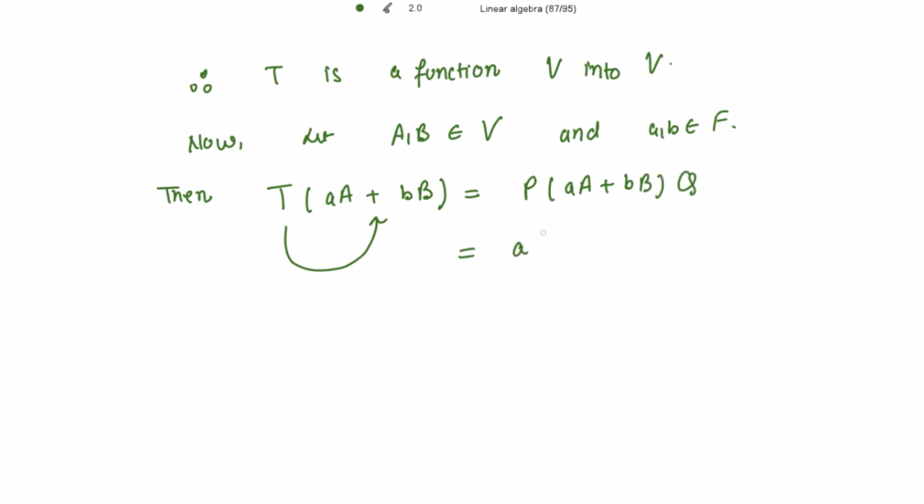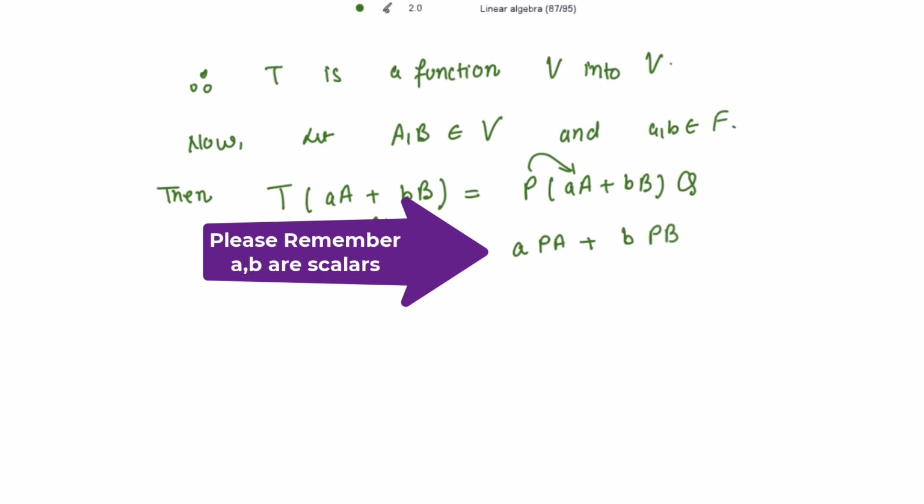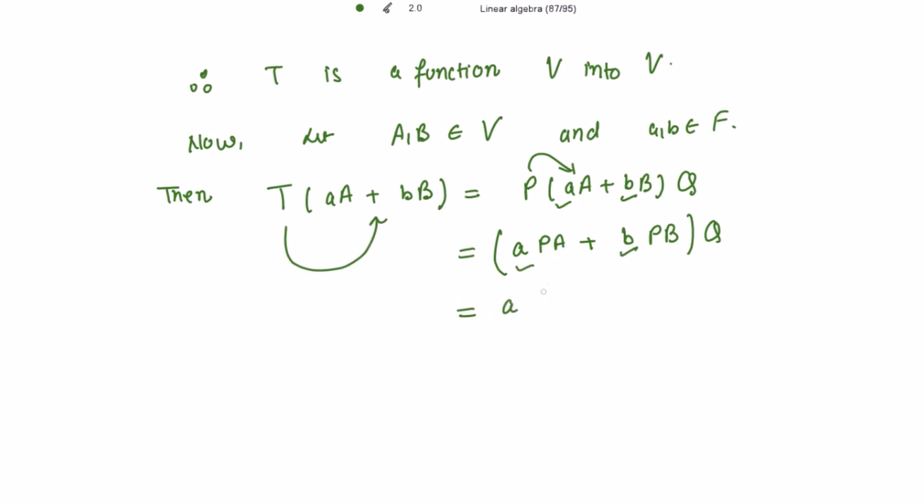So this is a into P multiplied with this, P into A plus b into P into B, and then Q. See, a and b are scalars, right? So this is a into PA, now multiplied with this Q, PAQ, plus b into PBQ. So which is further equal to a into what is PAQ? It is T of A by definition, plus b into T of B